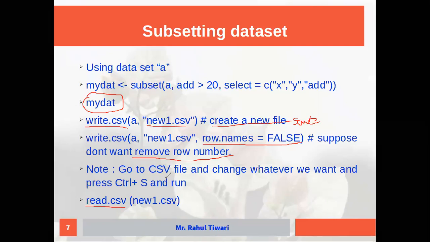So in that scenario, wherever your file is, open it with some command. I will show you in the demo, change whatever you want to change, save it, and then run this one. So there is no need to import the data again. Directly you can work with it after saving.